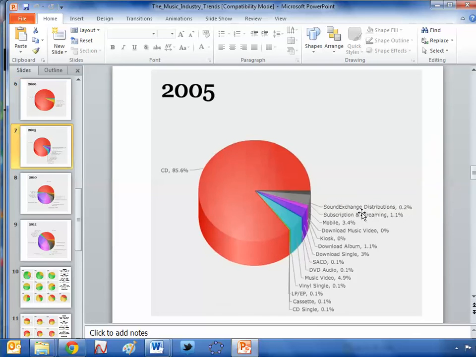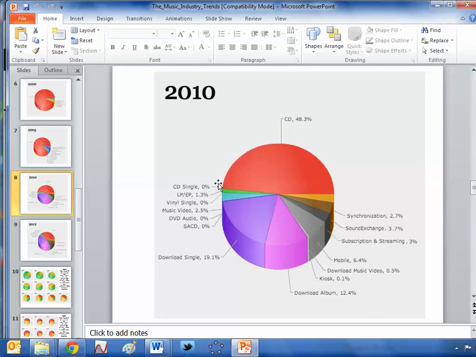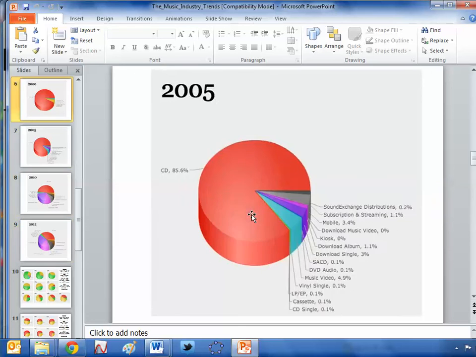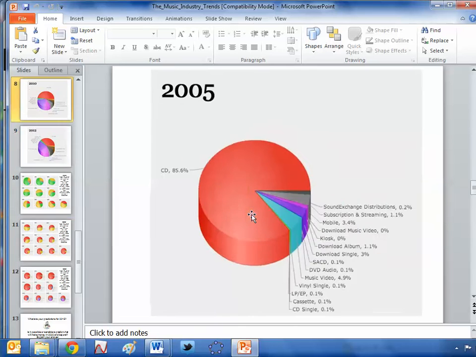And that's what one of my year 7s was saying, that there are far more ways that the music industry is making its money in 2005 than in any other year. And then it all starts changing here in 2010. And then just in these 2 years, it's quite a significant change from there. And it was just fascinating to hear the kids' take on this. If anything, I was more interested than the students, because I've been a big music fan for years, and I wasn't aware that such a dramatic change had happened.